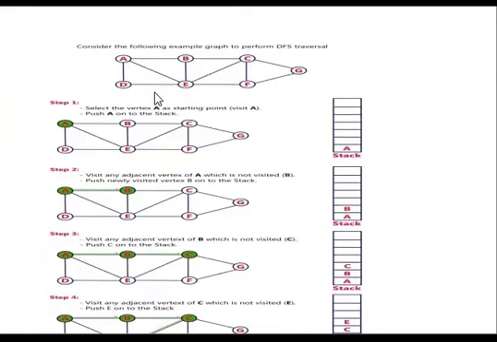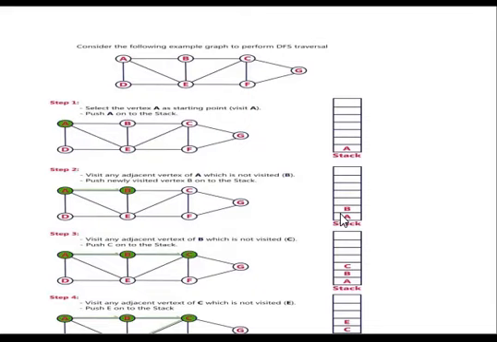First, this is a graph. It has 7 nodes, that is 7 vertices: A, B, C, D, E, F, and G. First we select the vertex A and put it in the stack as a starting point. Once node A is visited, the unvisited neighbor is B. So this is the connected node from A to B. The newly visited vertex B is pushed into the stack.